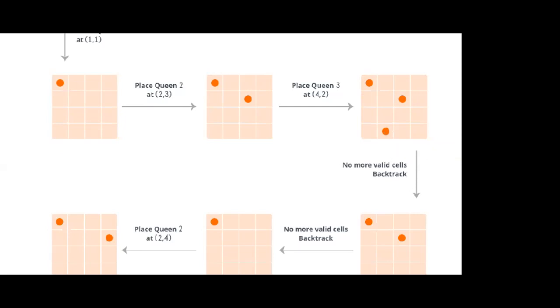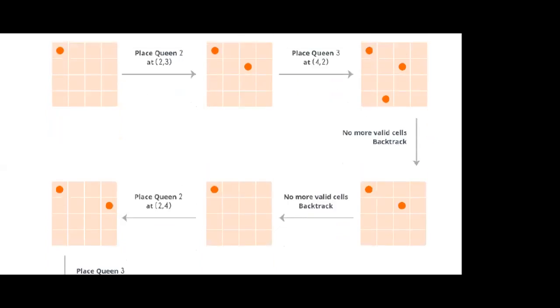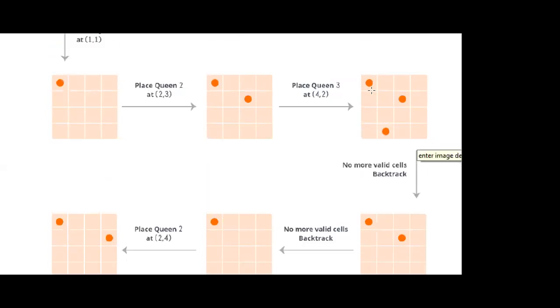So what do we have to do? Since we are using backtracking, we reverse our procedure one by one. First we placed this, second we placed this, and lastly we placed this. Since there is no vacant slot where we can place the fourth queen, we have to apply the backtracking procedure. The last queen we placed is this one, so we remove this queen. After removing it, this slot becomes empty.